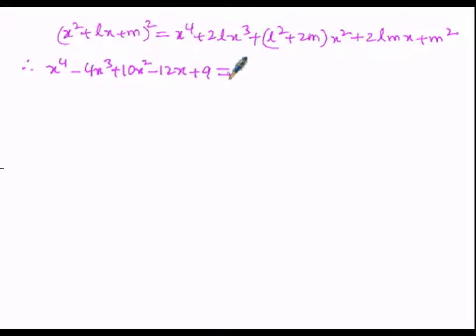So here instead of (x² plus lx plus m) whole square, I wrote the given expression. So then now equals to x⁴ plus 2lx³ plus (l² plus 2m)x² plus 2lmx plus m². Then now